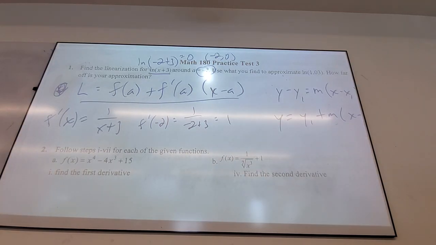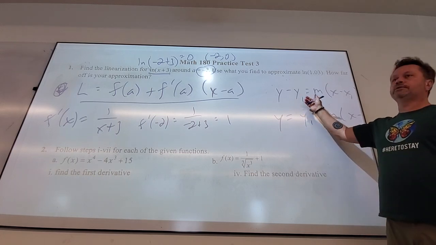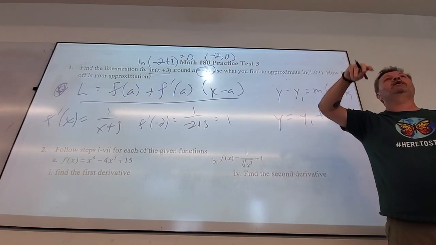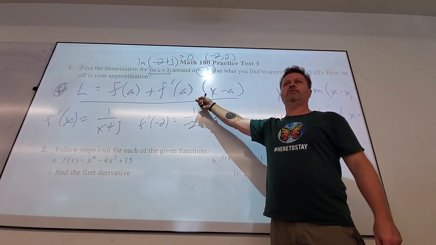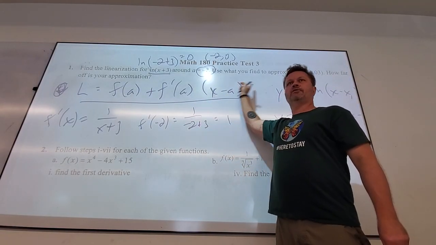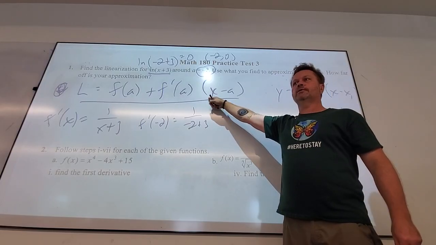One. Yes? 1 over 1 is 1. And then you just plug that stuff in. You just build a tangent line like you always have. If you'd rather, there's nothing wrong with memorizing this. Just remember it's nothing new. It's just repackaging something we already knew. Yes?